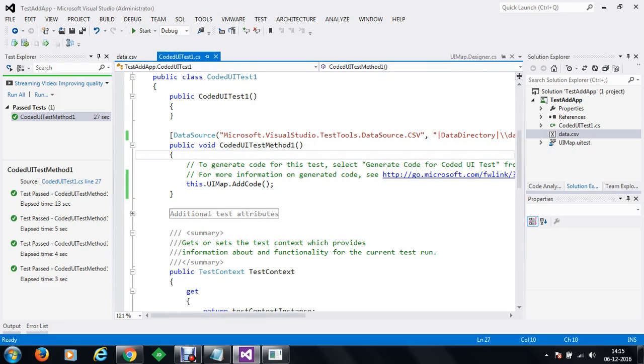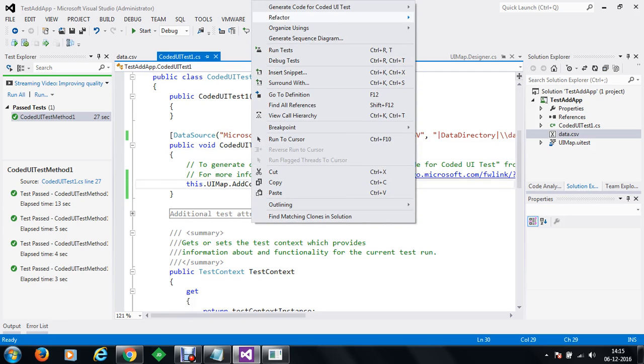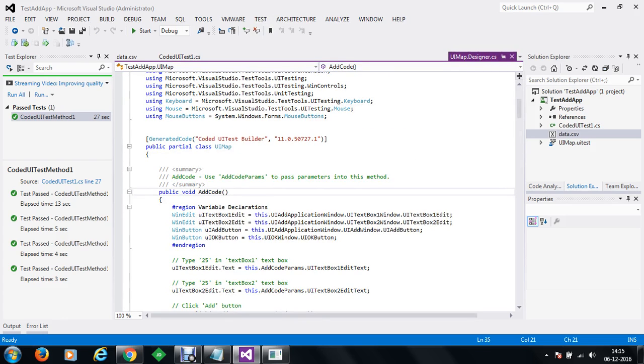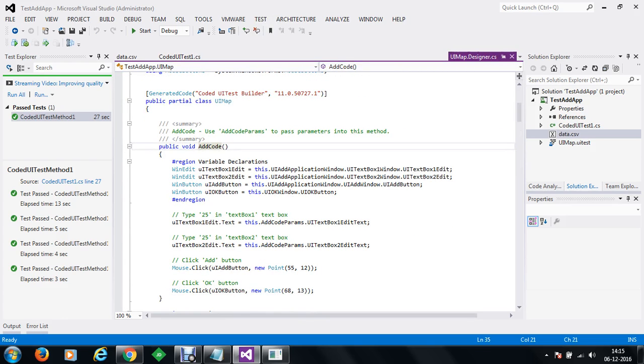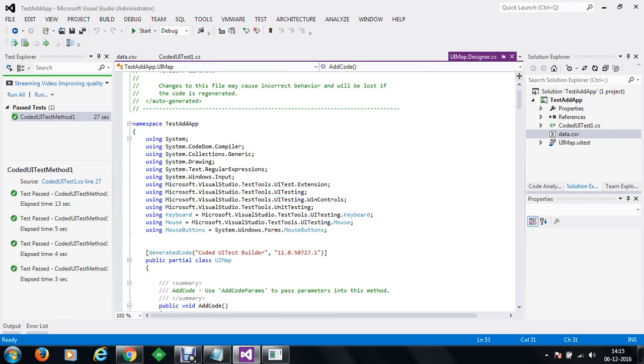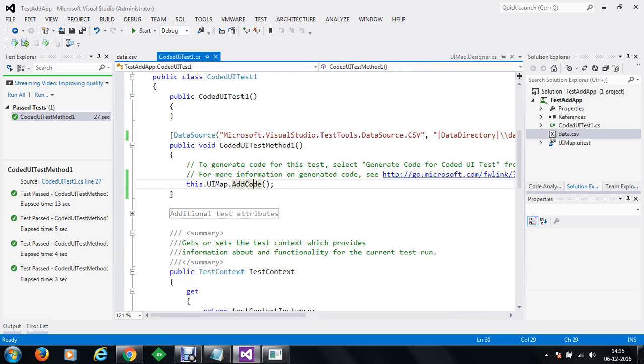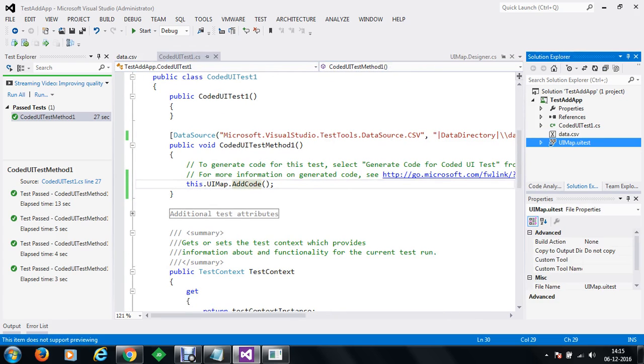This is because when we recorded the tests, if I show you in the add code test, if we go to the definition, you can see that by default some values have been taken, that is 25, 25, add and OK. Let me just show you where these values are. These values are available within the UI map, UI test.